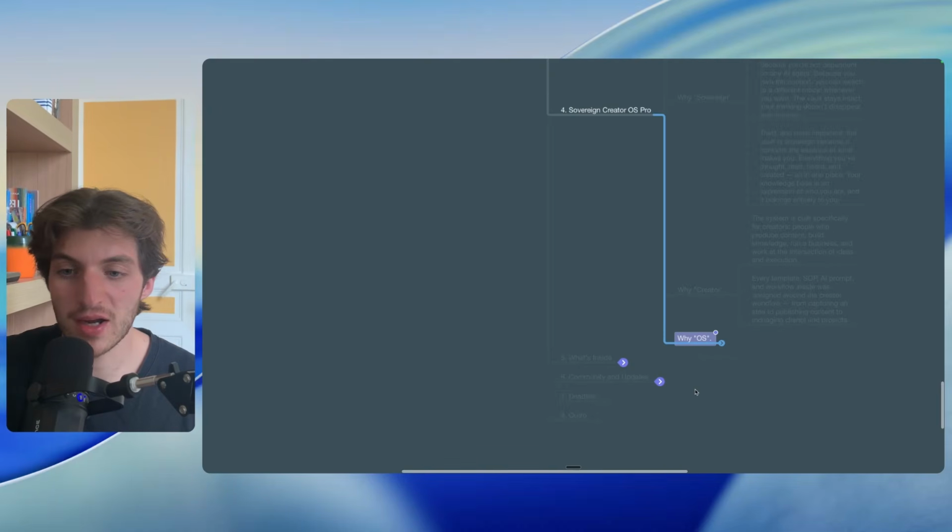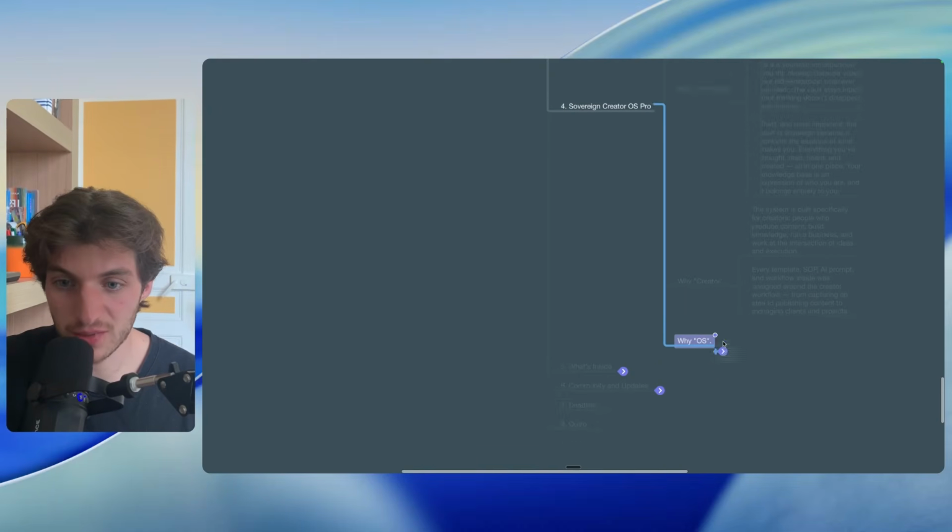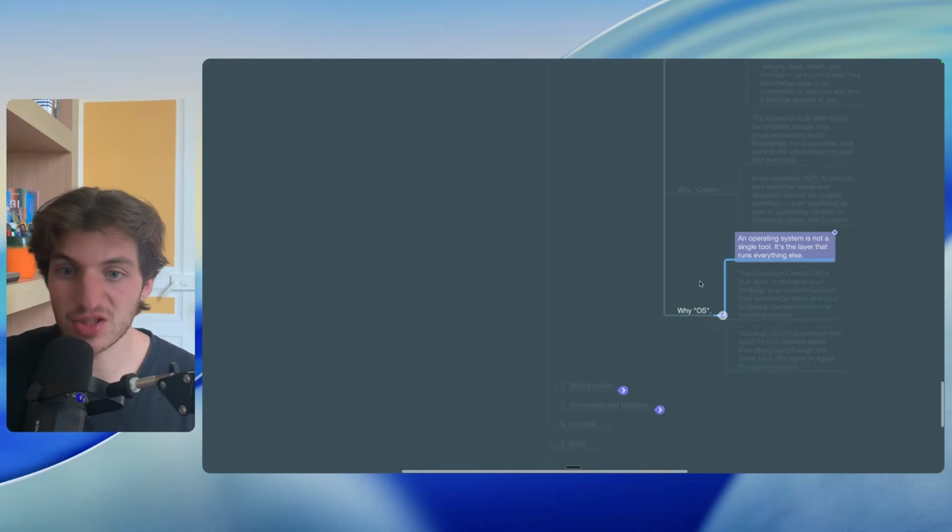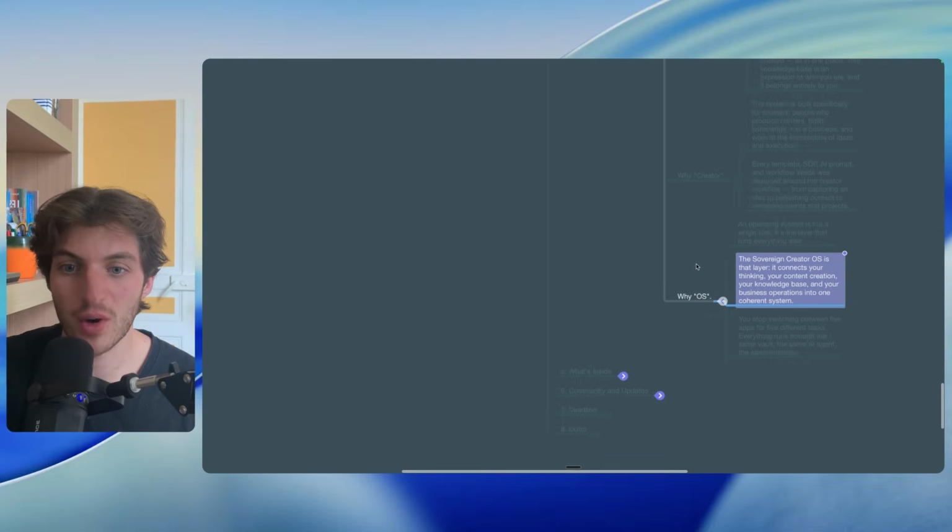And finally, why I use the operating system term is that an operating system isn't just a single tool, but a layer that runs everything else. And the Sovereign Creator OS is that layer. It connects your thinking, your content creation, your knowledge base, and your business operation into one coherent system, and you